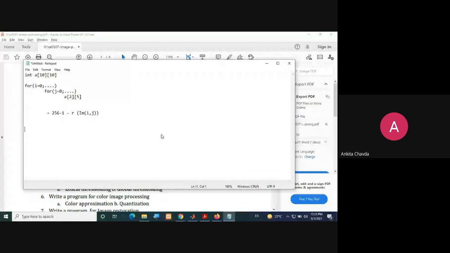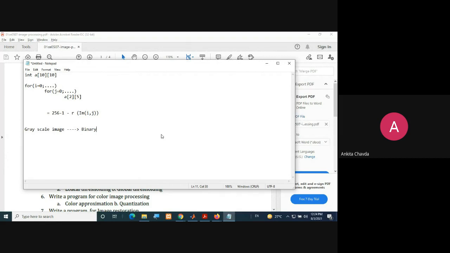What is thresholding? Yes, anyone? Thresholding means what? Converting our image into a binary image is known as thresholding. If my image is a grayscale image and I'm converting it into a binary one, then it is known as thresholding.